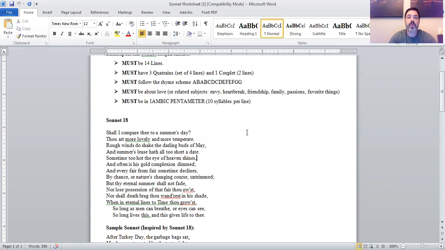So it says 3 quatrains, sets of 4 lines. So you have four lines, that's the first quatrain. Qua means 4, quatra, 4. So then you have the first 4 lines, and the rhyme scheme, how they rhyme with each other, is ABAB. All right, what does that mean? Well,